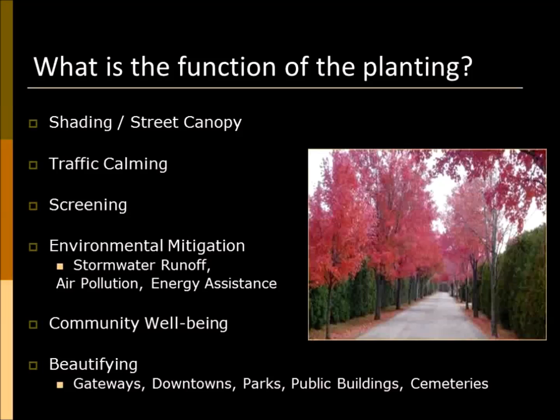So what do we want them for? Are we looking for shading, street canopy, traffic calming, screening, such as the picture that you see to the right? This is Letty Park Road, and as you come down that road, we have an arborvitae hedge on both sides with October Glory red maples lining the sides of the road. So it gives a nice setting as you come down through. Plus, it screens the neighborhood to the right as you're looking at this picture,